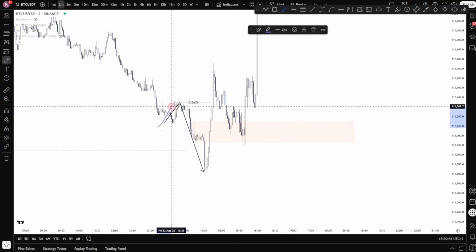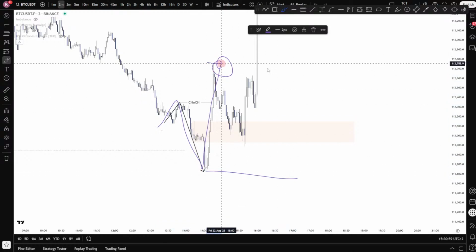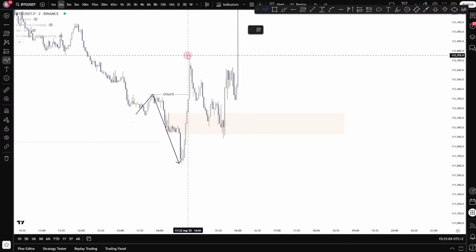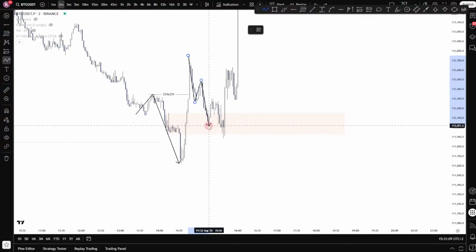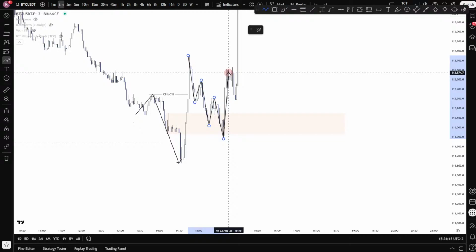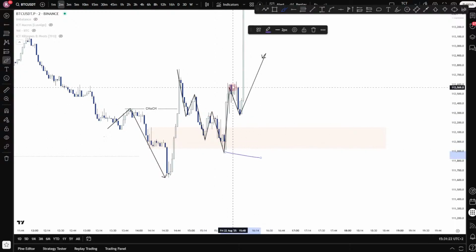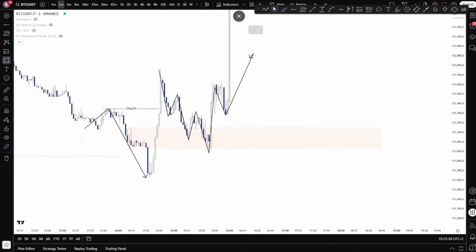Because if your market structure just made a new high and we can search that higher low between these two points, you want to look at your internal market structure. Because if you break your internal market structure, then your rotation towards new highs is confirmed. And we're making lower highs, lower lows, and there we go. We broke internally as well. We can now expect that higher low for that higher high, anywhere between this low and this high. It absolutely worked out perfectly here. Once again on the breaker.